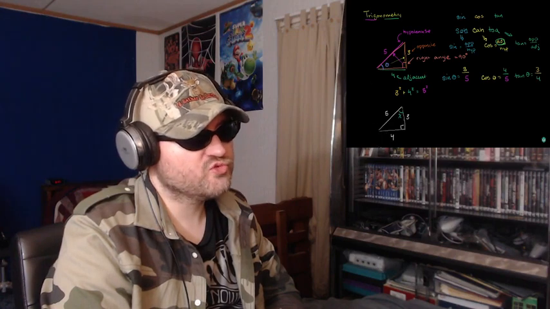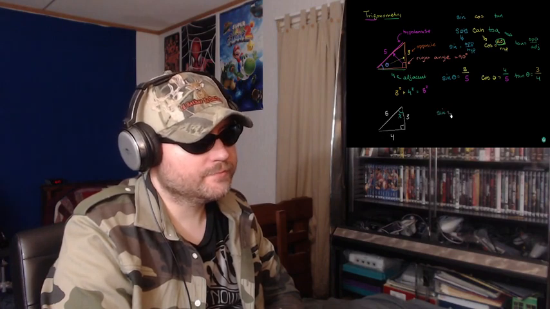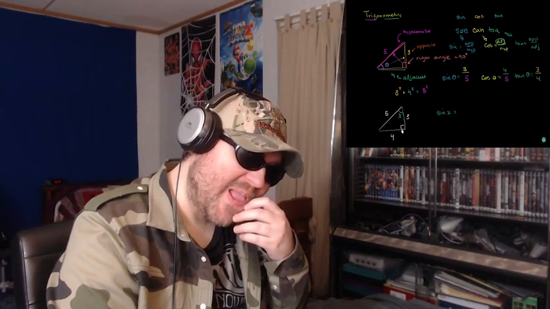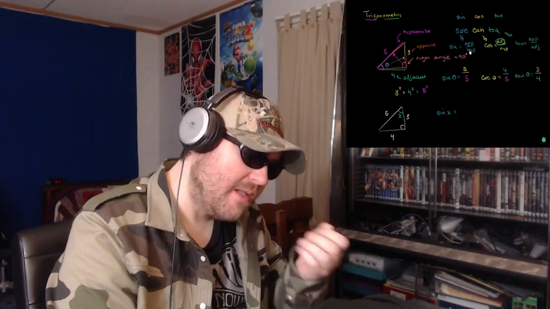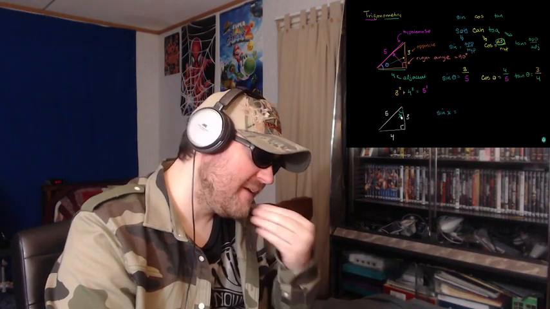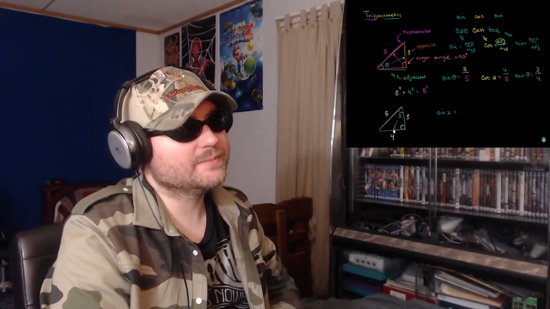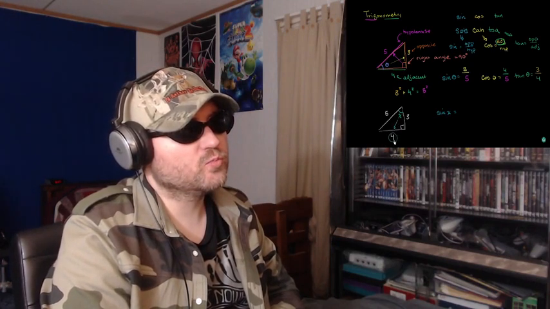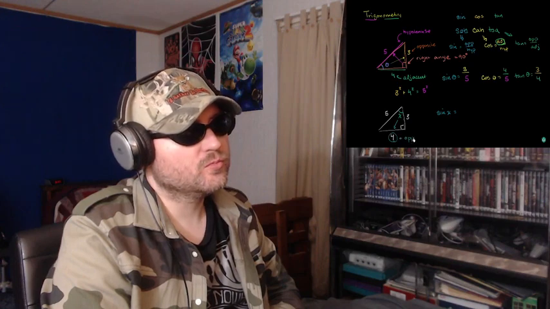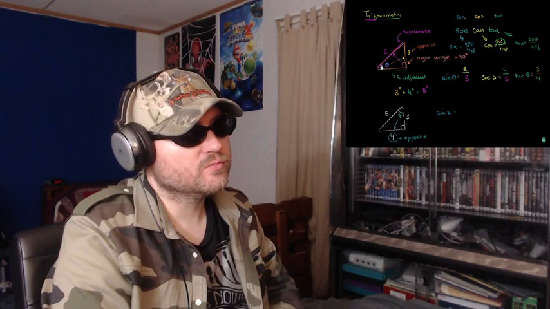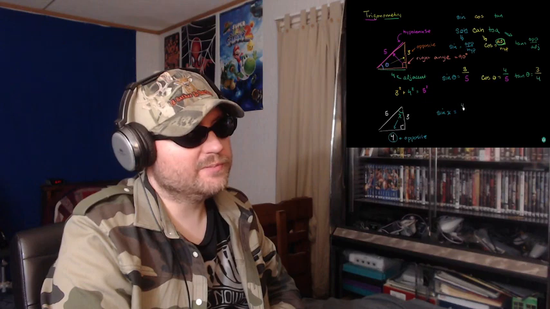So let's figure out the trig functions for that angle x. So we have sine of x is going to be equal to what? Well, sine is opposite over hypotenuse. So what side is opposite to x? Well, it opens onto this 4. So in this context, this is now the opposite side. Remember, 4 was adjacent to this theta, but it's opposite to x. So it's going to be 4 over